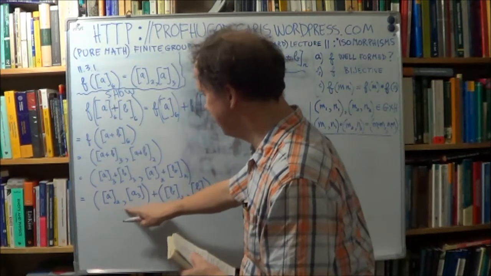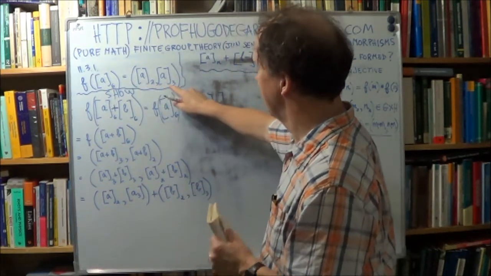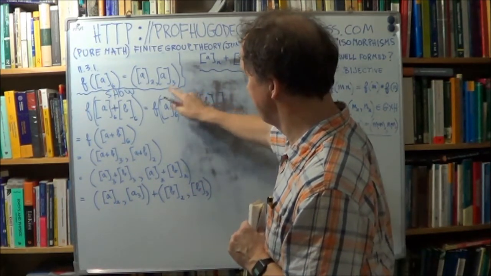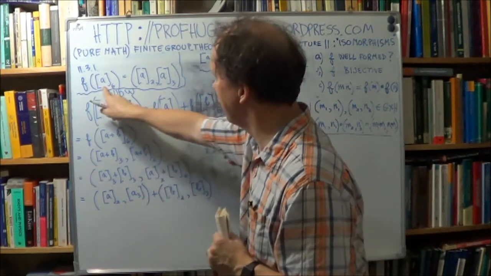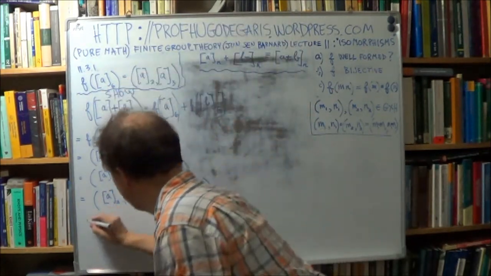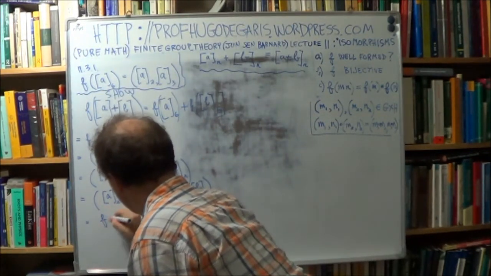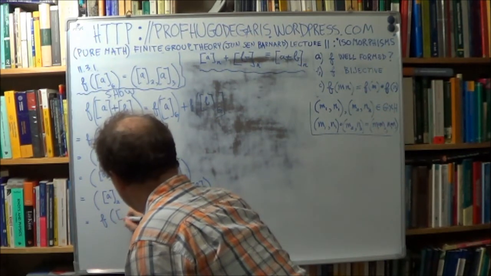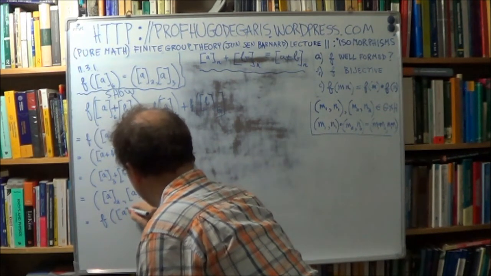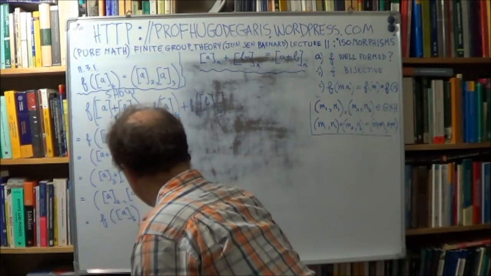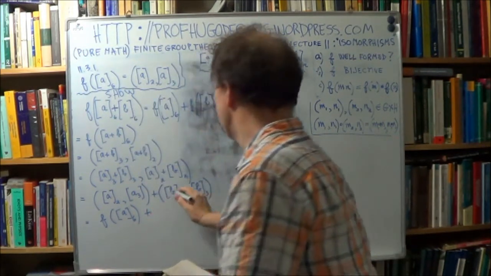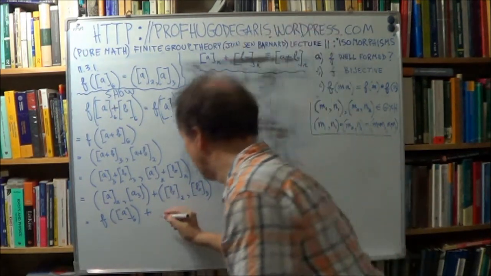All right. Now have a look at this and have a look at that. Okay. So what is this? Well, it's just that, right? So we can rewrite this then as f of a sixth. Okay. And this will be similarly f